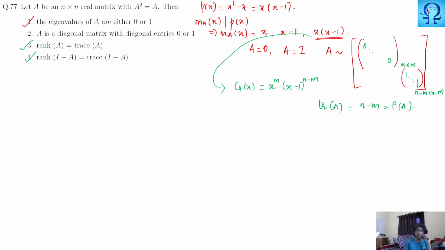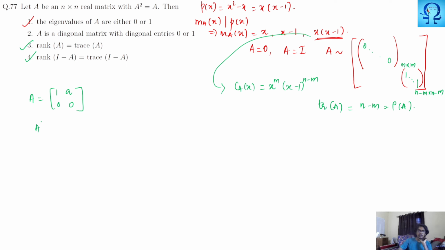Okay, A itself is a diagonal matrix. That is what they have said. But that need not be true always. Okay, if you choose A to be [[1, a], [0, 0]],